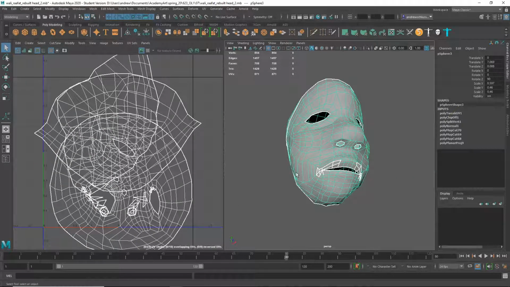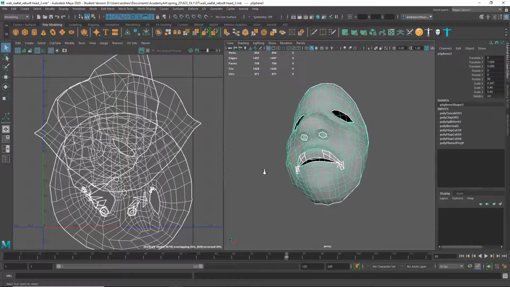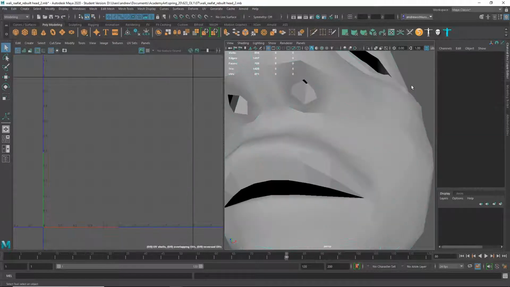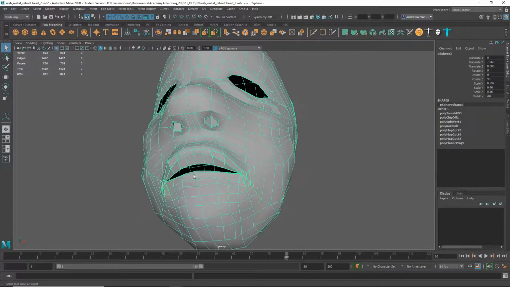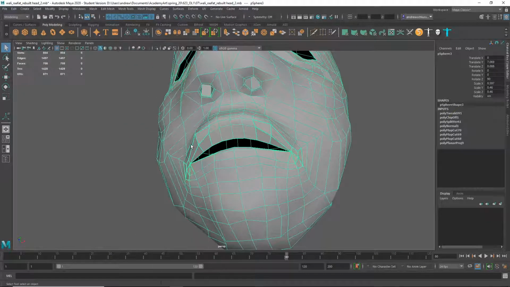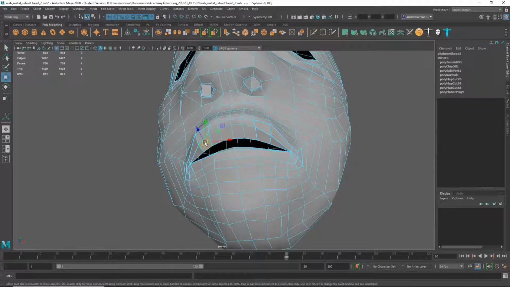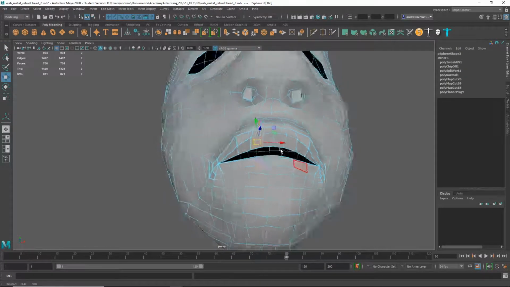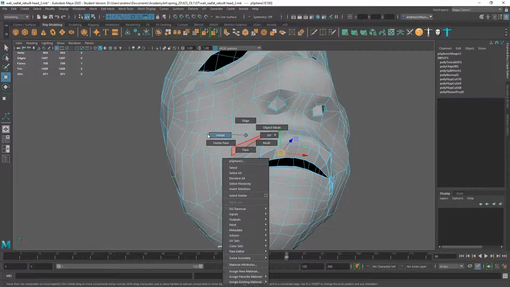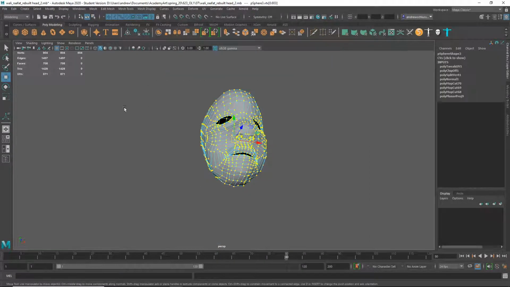Oh, the lips are all messed up too. Oh my god. I mean, there's just so many issues with this. Oh wow, yeah, that's what it'll do sometimes. At this point I'll just